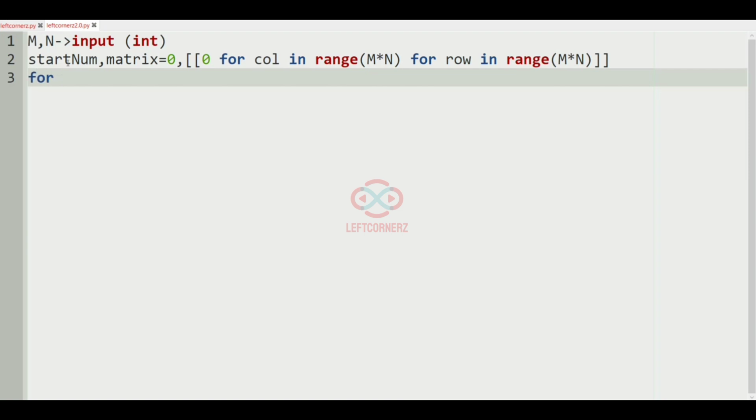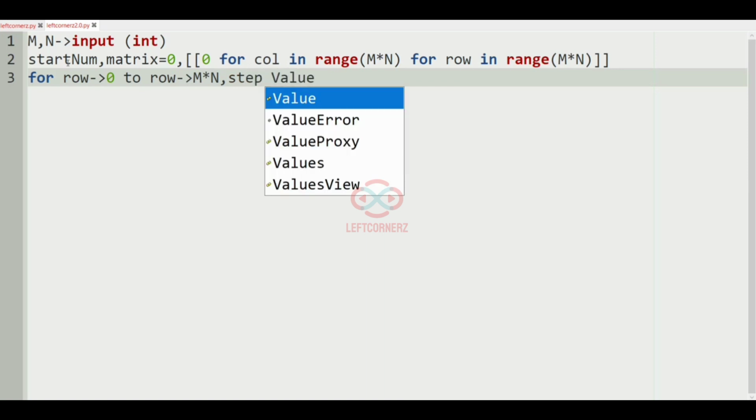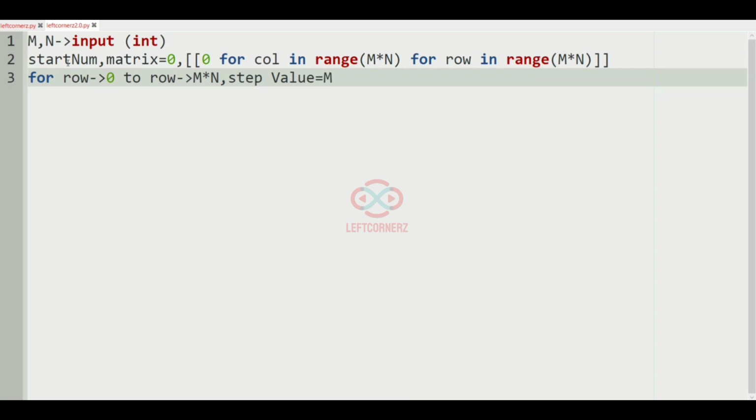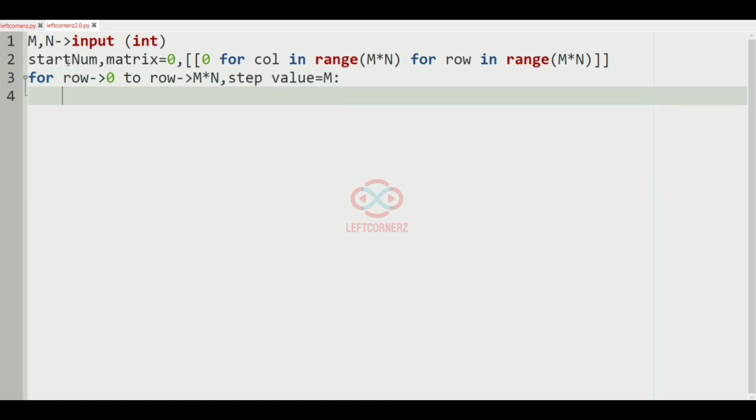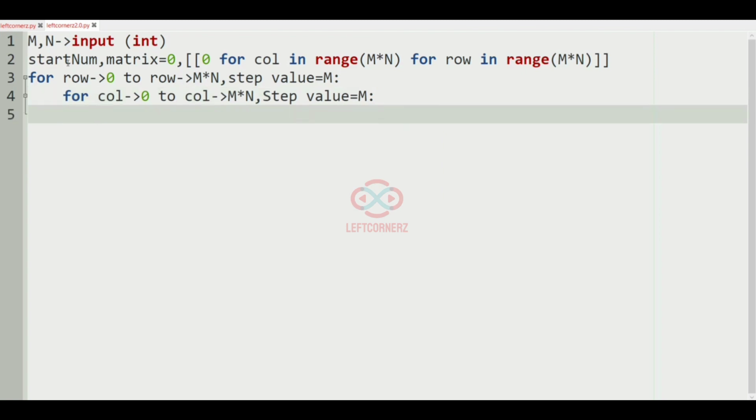and then we'll have a loop for row from 0 to m into n, where the step value is m, and then we'll iterate over the column from 0 to m star n, and the step value is m, and inside this we'll have a loop